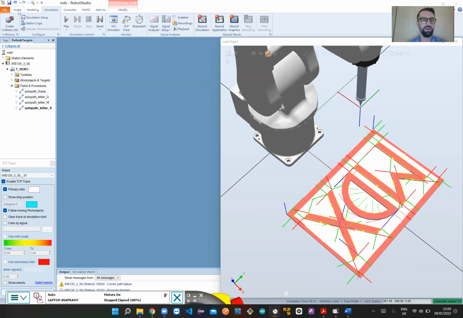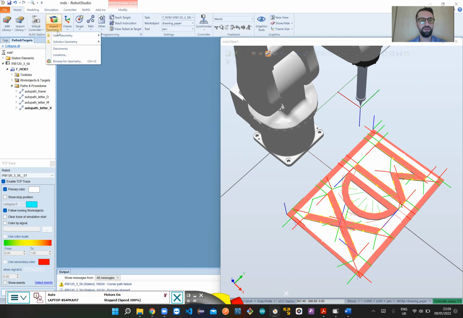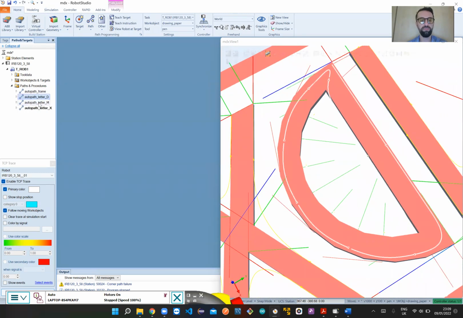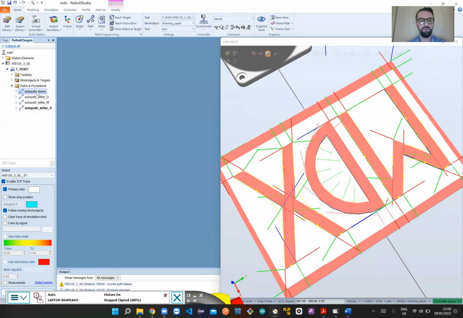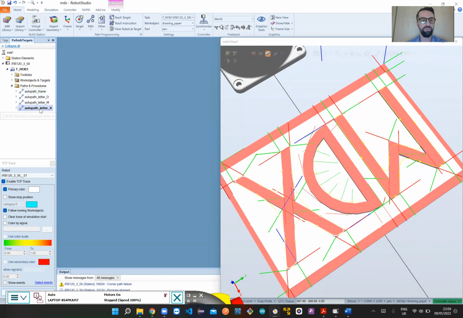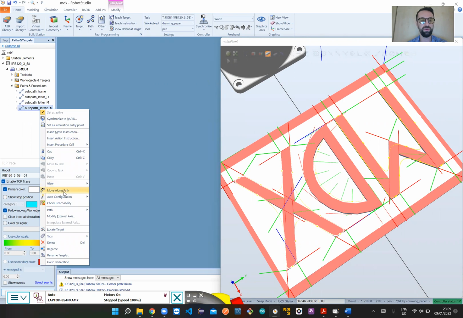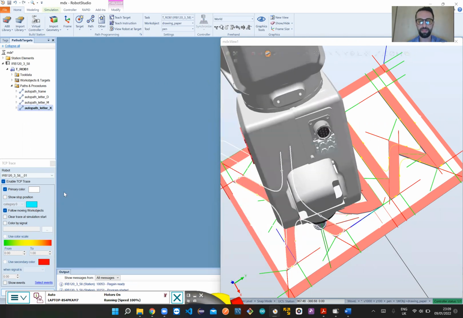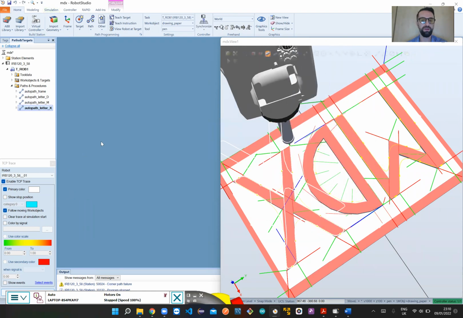After importing the geometry, the set file, and generating AutoPaths for each of the letters as well as the frame, we can now move along the path of each individual letter, M, D, or X, for the whole module. We will perform a demonstration by moving along the path of letter X. Now that we can move along the path of the model,